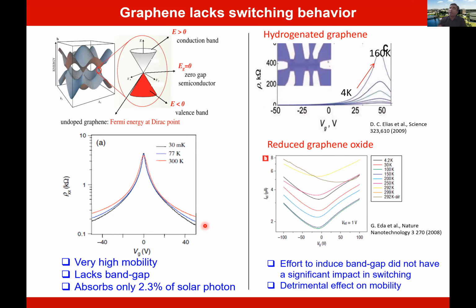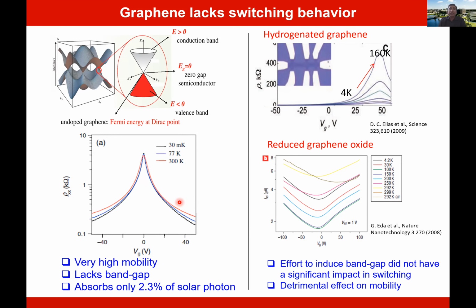Okay, so graphene has many great properties. Okay, it's great for terahertz electronics. It's great for sensing. It is great for many, many things. But one thing it is not great for is digital circuits, logic operation, because it has a zero band gap. It's a semi-metal, and therefore the current on-off ratio is almost non-existent. So a graphene transistor you can build, it will be ambipolar, but almost no current on-off ratio.